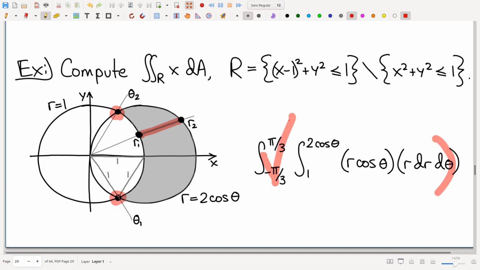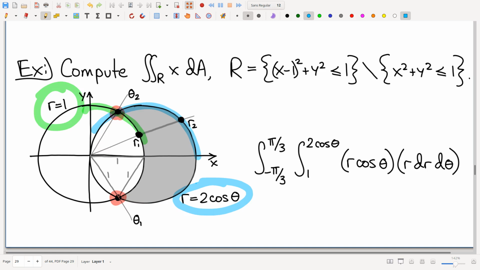Now, there's a couple of ways that you can find those. One thing you could do is observe that's where, for example, this curve intersects that curve. And you could solve for θ that way, and that's fine, no problem. Totally do that. I think there's a more clever way to make this realization,